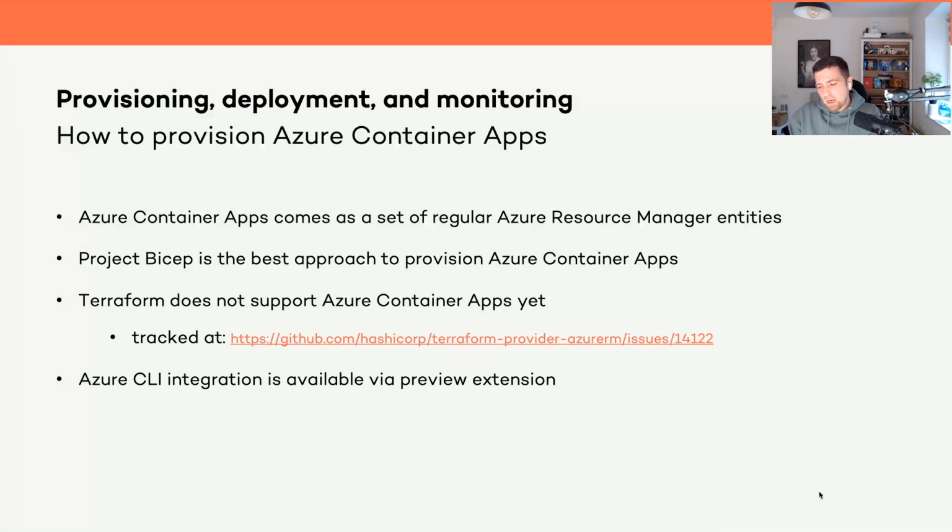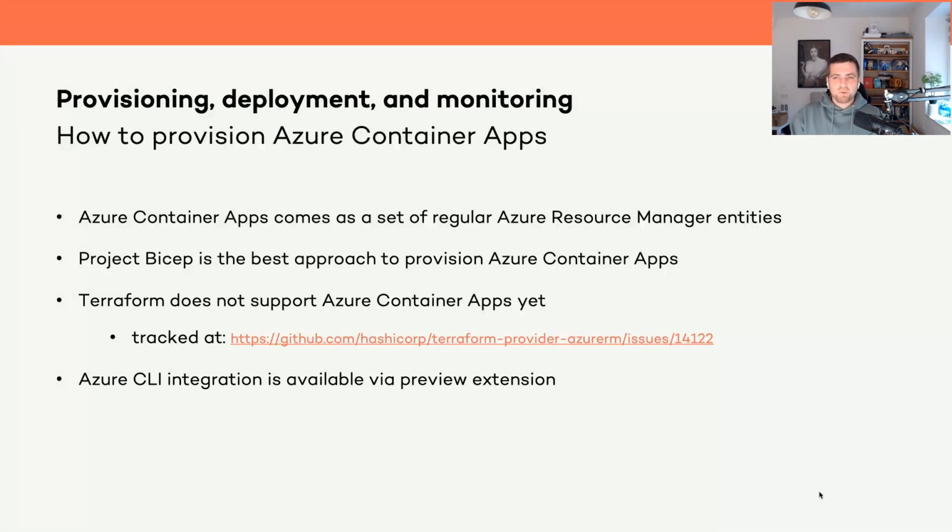And the ARM API is obviously used by infrastructure as code tool sets like Terraform and Bicep. So Project Bicep is, as of today, the best story to provision, to manage, or to govern Azure Container Apps,